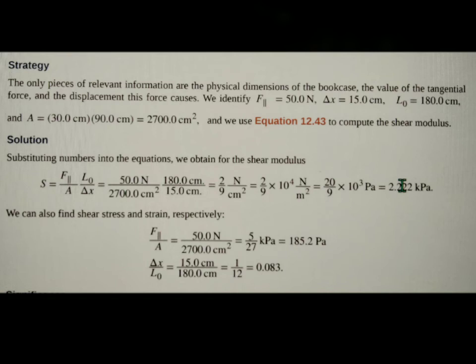The shear stress is 50.0 N divided by 2700.0 centimeter squared, which is equal to 5 over 27 kPa, which is 185.2 Pa. Again, the shear strain is equal to delta x divided by the original length, 15.0 centimeter divided by 180.0 centimeter, which is equal to 1 over 12,